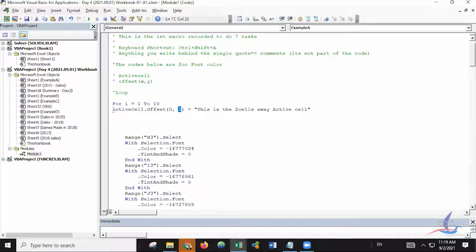But the first instant, I want active cell also to be changed. So here I am doing I minus 1. Can you understand? When I is equal to 1, I minus 1 becomes 0. When I is equal to 10, I minus 1 becomes 9. That means basically 0 to 9. If you want, you can run that also, 0 to 9, but in that case you don't need to put minus 1 here. Both are possible, but you should know why I am putting 0 to 9 or 1 to 10